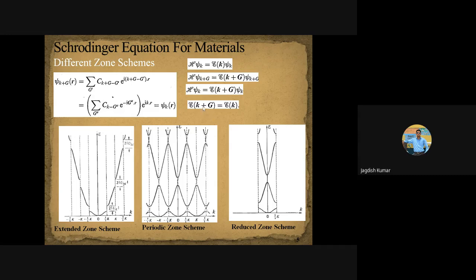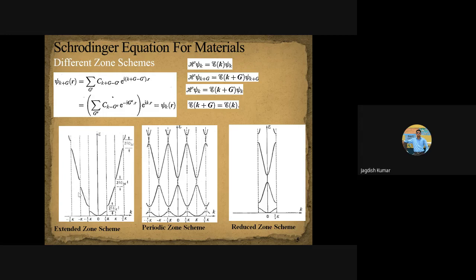How can I obtain this by applying the same property? Let me subtract G now. Let me use G to be minus G, because the G vector in general is n into 2 pi by A, where n is some integer. So this is 2 pi by A, 4 pi by A, similarly minus 2 pi by A, minus 4 pi by A. So let me now use G equal to minus 2 pi by A. What I'm doing is taking this whole curve to this point here. Right? If I subtract G, the whole curve will translate back to this point. And that's what I'm seeing here. What this means is that the whole information of the second Brillouin zone can be brought back to the first Brillouin zone.